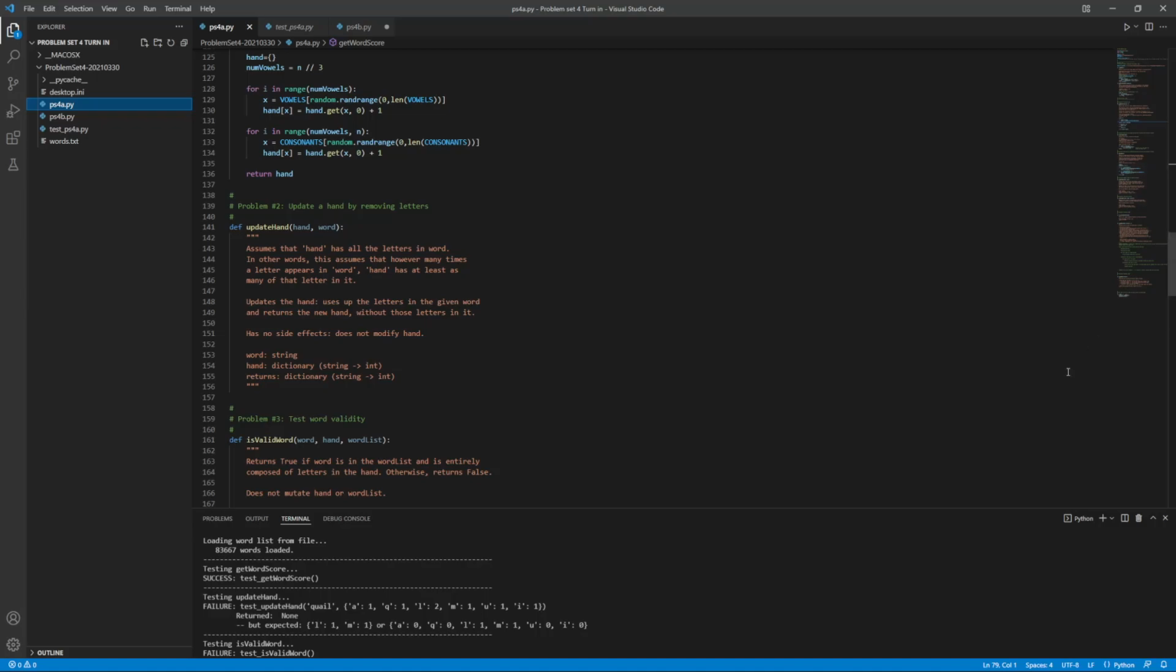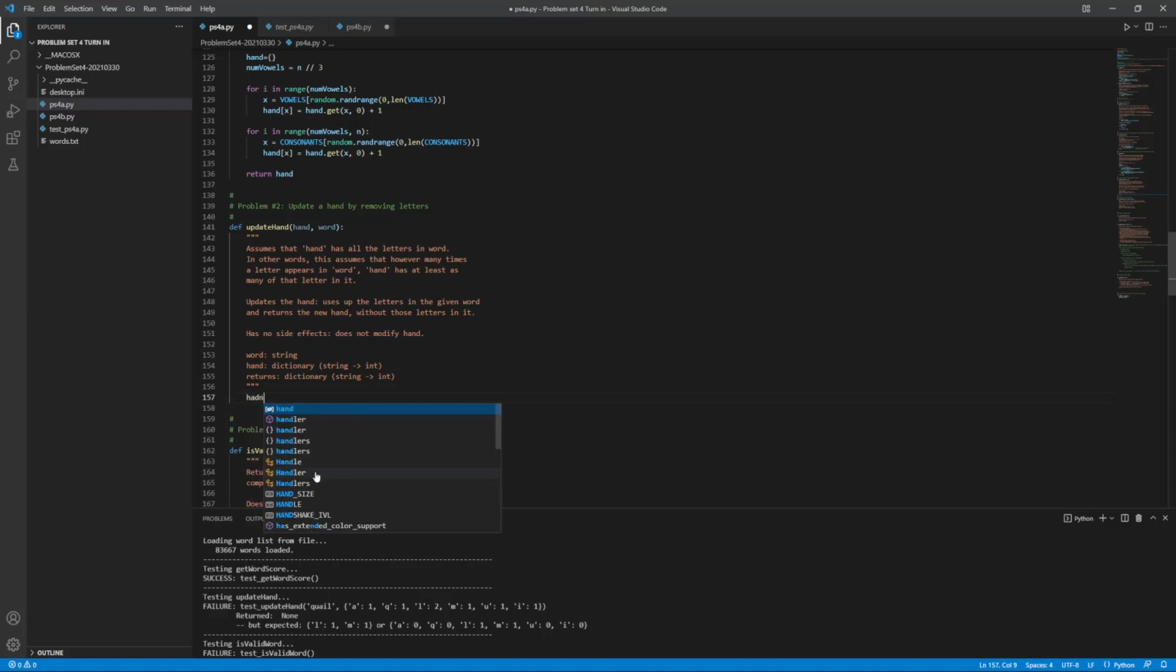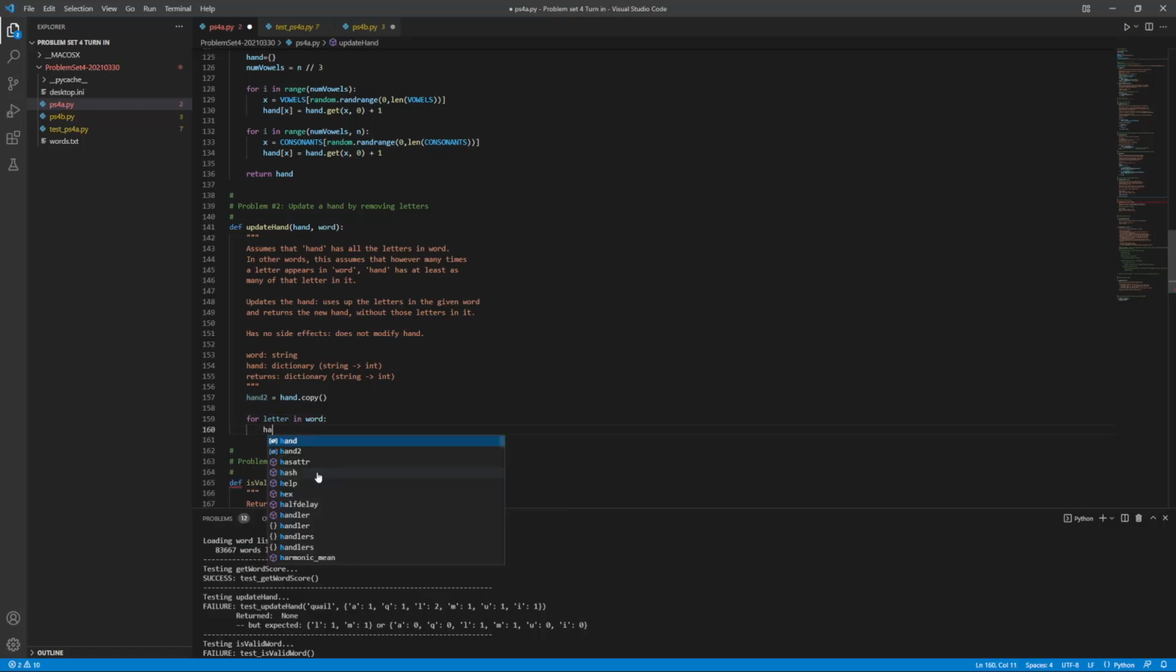To actually do this doesn't seem tricky at all. I'm first going to make a copy of hand because it says it doesn't modify hand. So hand2 equals hand.copy, and hand2 is what I'm going to be modifying. Now I need to iterate through word, and in the dictionary I need to remove one from every value of the word you guessed. So I'm going to iterate through word, and then in the dictionary at letter I'm going to subtract 1